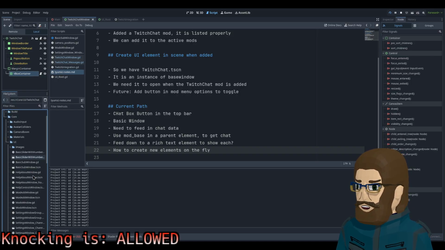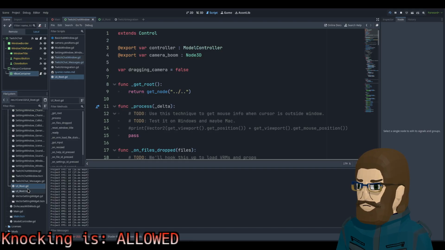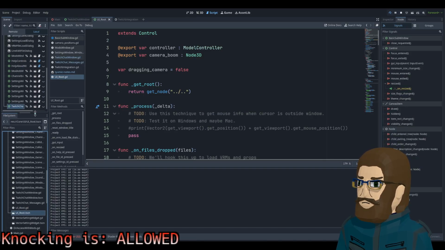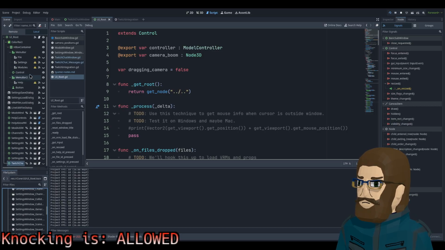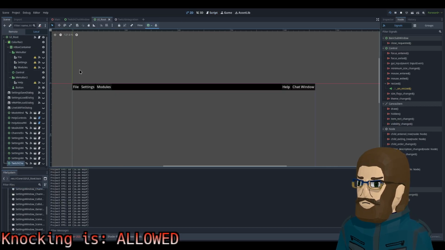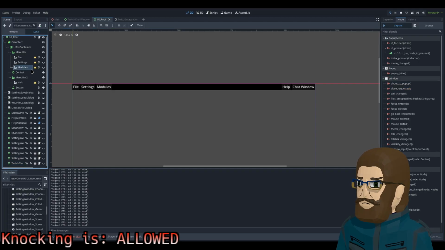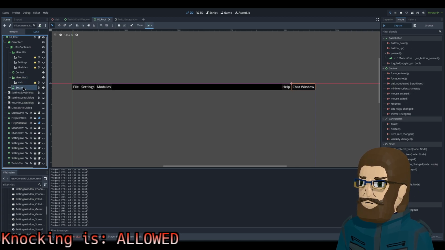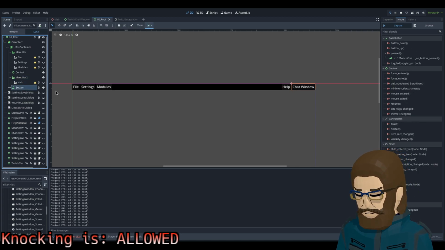Or no, go back up. UI roots. No, you still exist. I'll rename this.